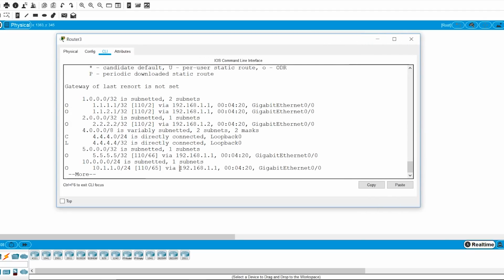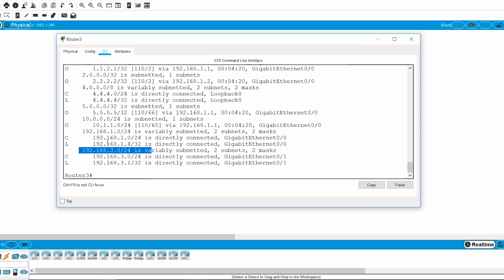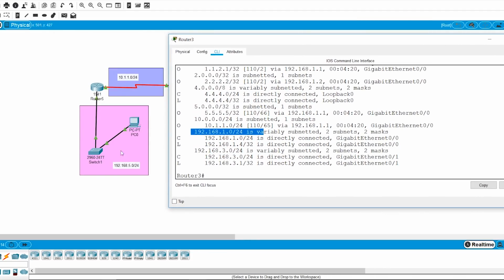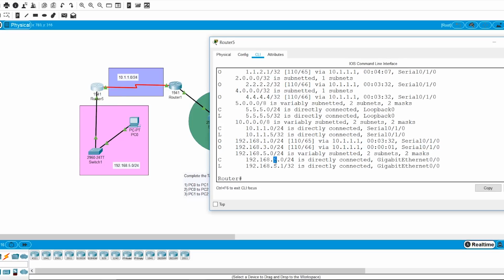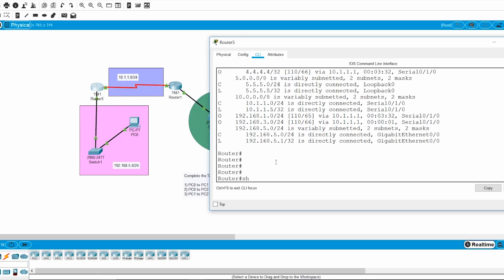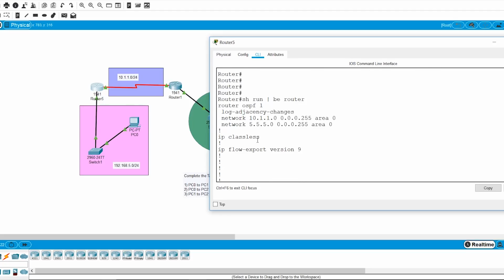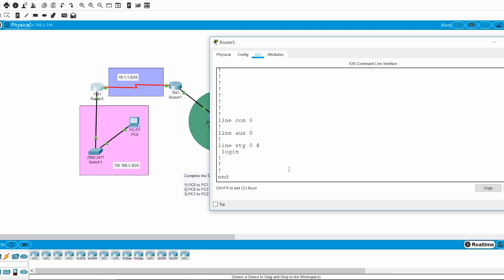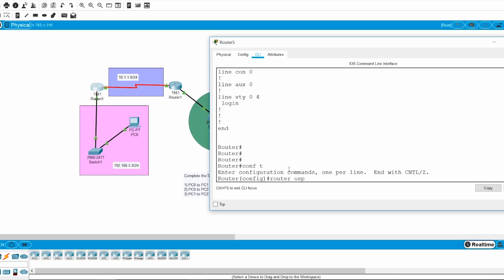He knows 3, he knows 1, but he doesn't know about 5, and this is the 5 network. Let's do the same thing here, show run begin router, and we see this router is not advertising the 192.168.5.0 network. So let's go back to router, configure terminal, router OSPF 1, network